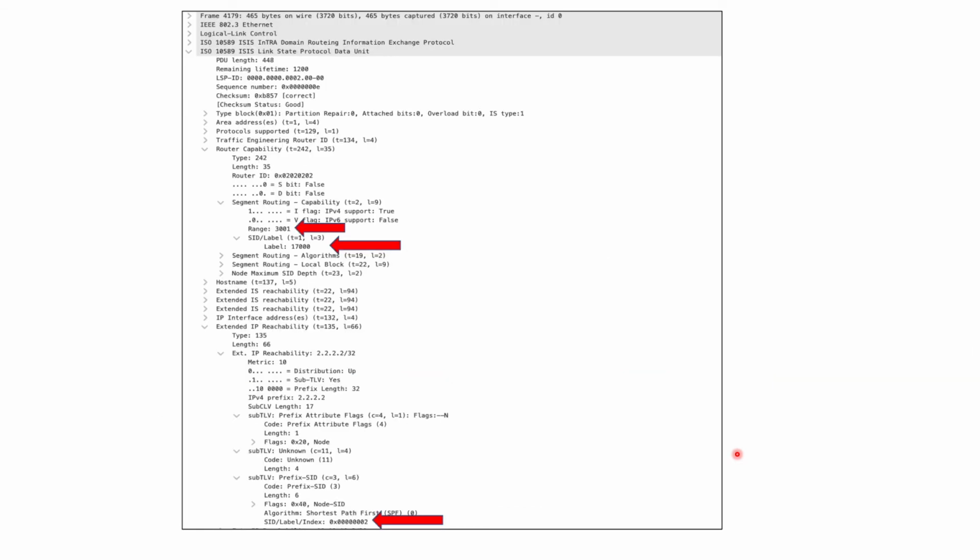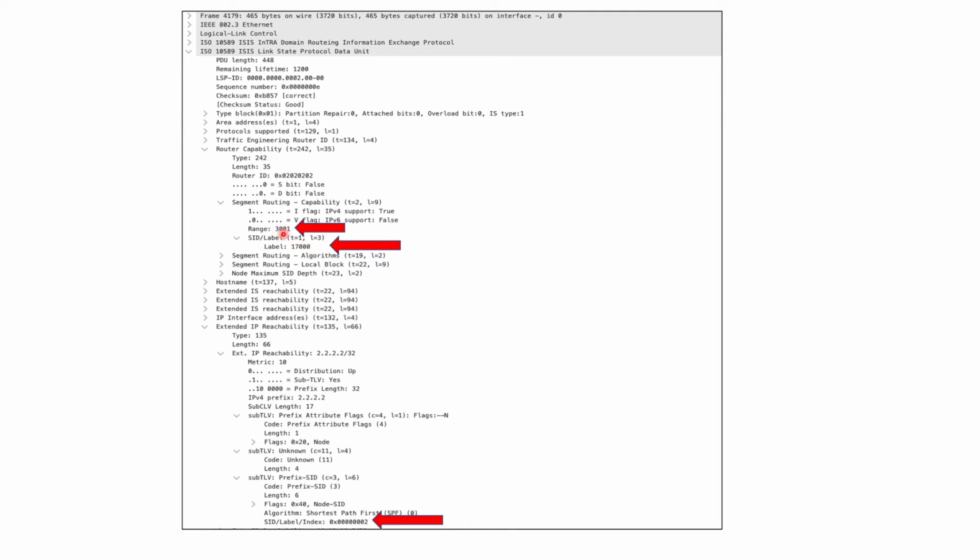Now this is a quick screenshot between two routers who are talking segment routing with the help of ISIS. Here you can see that this label value is nothing but the segment routing global block's base value, and the range is 3,000.